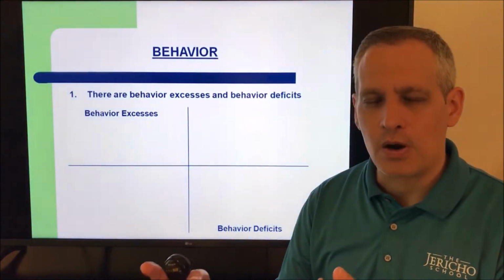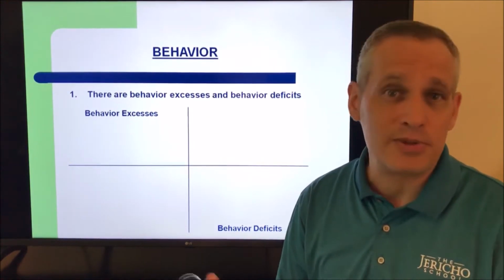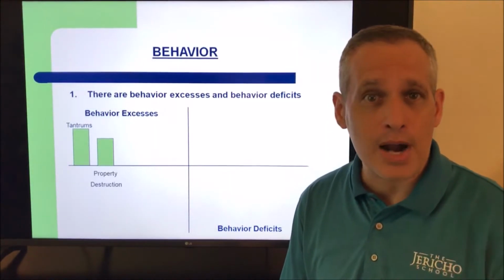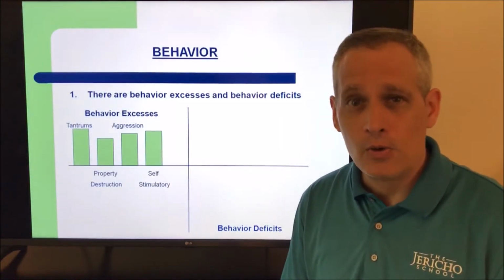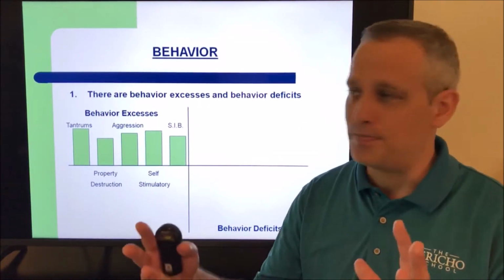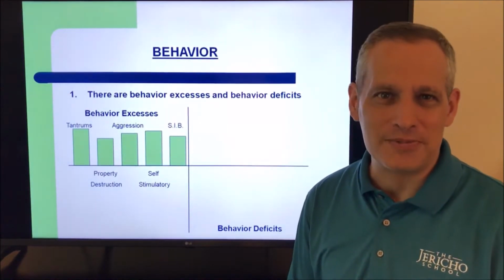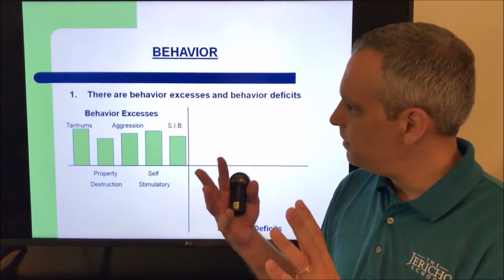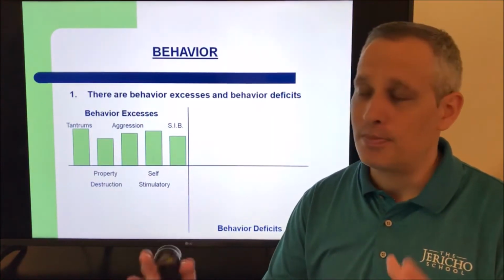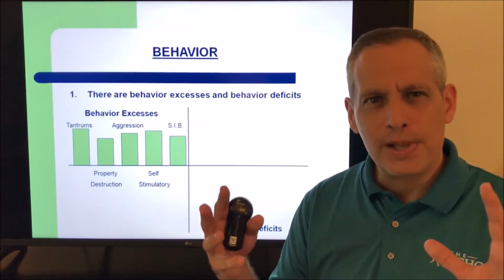So behavioral excesses are those overt behaviors that many people think about when they think about behavior analysis. Children might engage in typical tantrum behaviors, or property destruction, or aggression, or self-stimulatory behaviors, or maybe even self-injurious behaviors as well. There are, of course, many other behaviors that children with autism might engage in, but these are the typical behaviors that we might see. And many people are most concerned about how to reduce those inappropriate behaviors. And that's important. Behavior analysis can be effective in reducing inappropriate behaviors, but by and large, applied behavior analysis' greatest